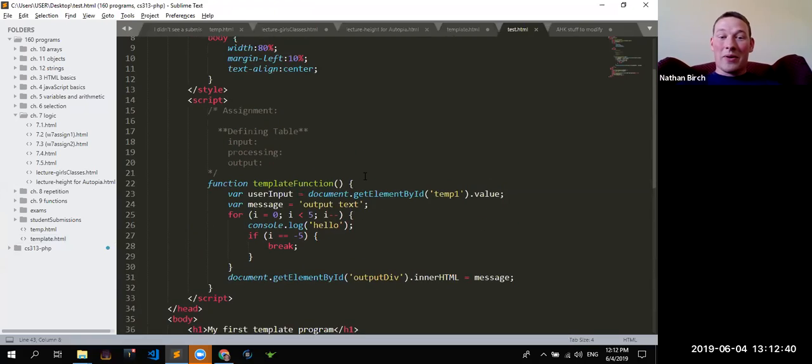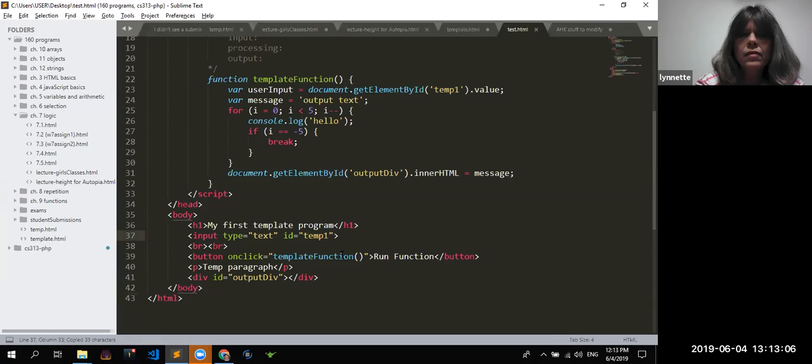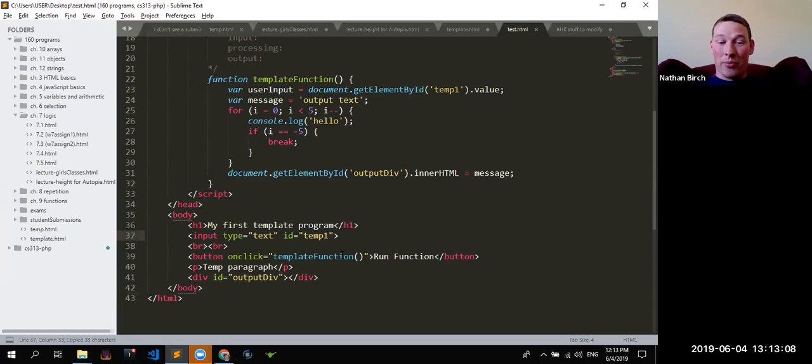Okay, so let's say I was starting a new assignment, and in this assignment, the user, for whatever reason, had 4 inputs. You know, let's say I wanted the user to type in their name, their favorite color, their birthday, and whatever, okay? And I had multiple inputs. So if I hit Control-C, copy, I don't have anything highlighted. I'm just on this single line of code. Cursor's blinking right here, and I hit Control-C. Just now I copied this entire line of code. So if I hit Control-V,